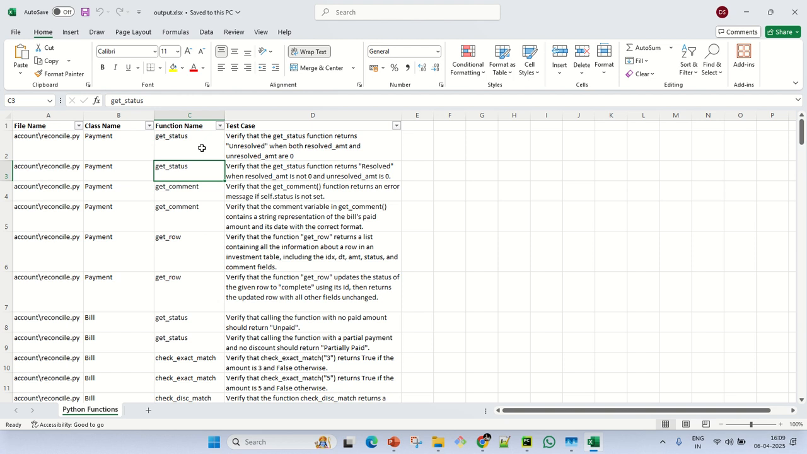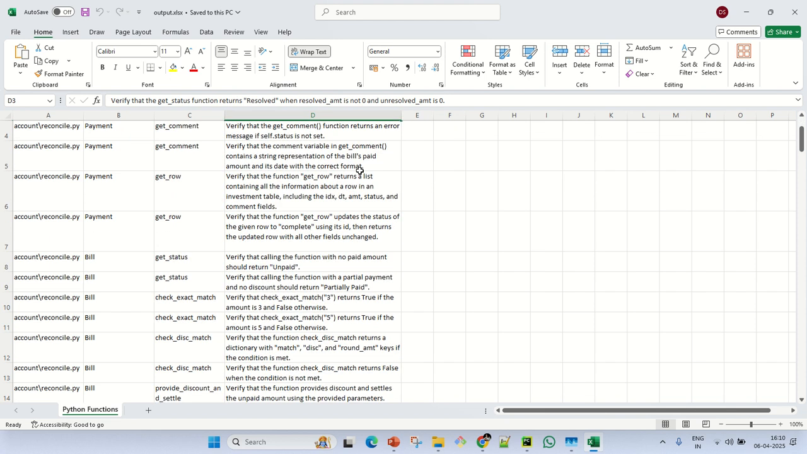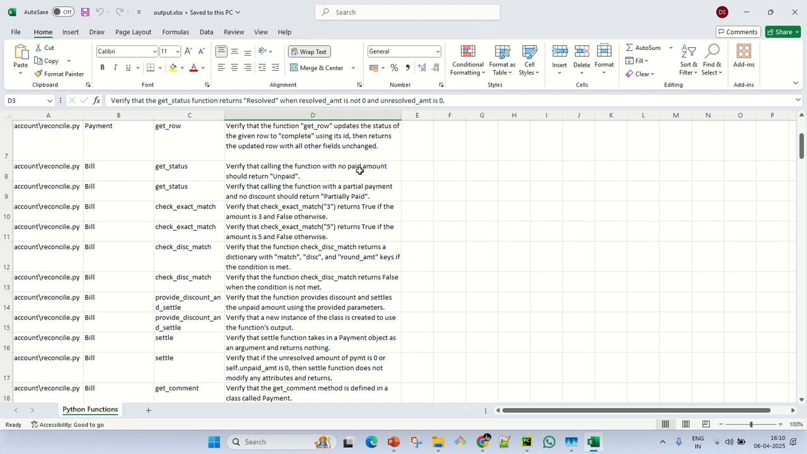If we see one example over here, get status, the test case is saying verify that get status function returns resolved when resolved amount is not 0 and unresolved amount is 0. So this is generated by the phi model. Okay, so similarly if we see other examples,